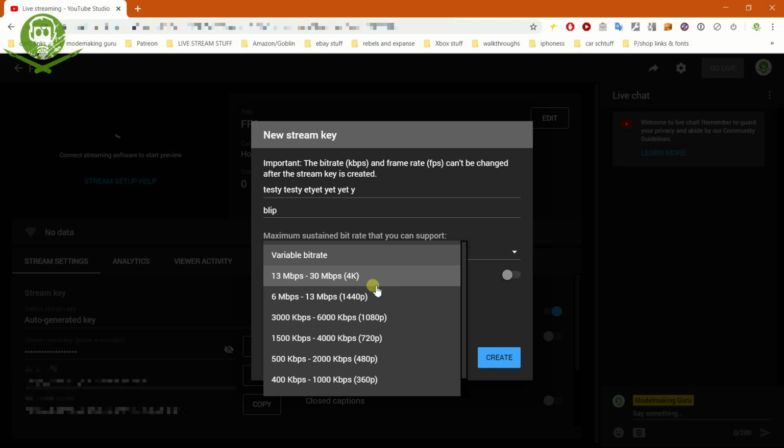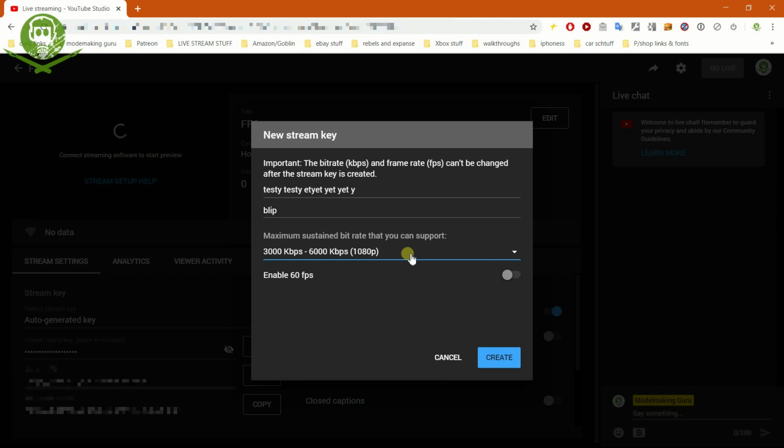But if you're doing non-video game streaming where you don't need high resolution and 1080p is enough, set your bit rate in your software to about 5000, maybe 6000 at the most, but 5000 is about right for mobile devices. Now, maybe not many people watch on a mobile device, but you don't want to alienate any of your audience. So set your bit rate about 5000 in the software, and in here, I would go for that one,